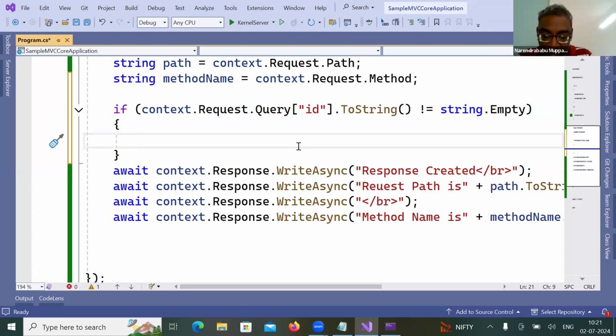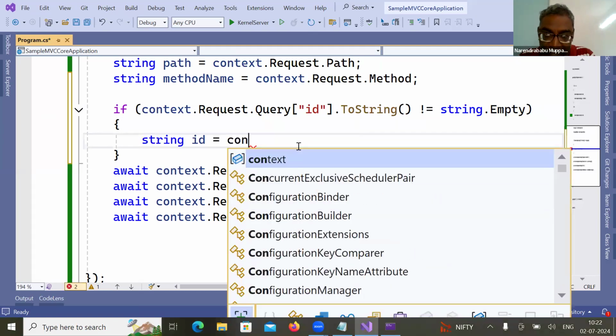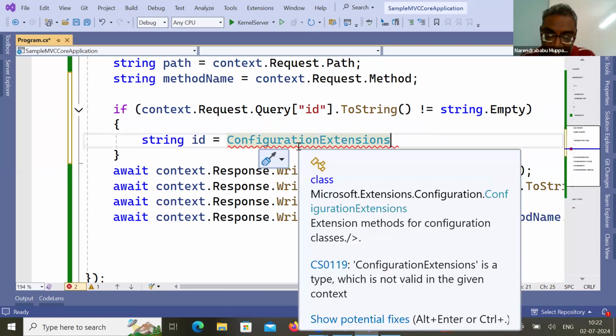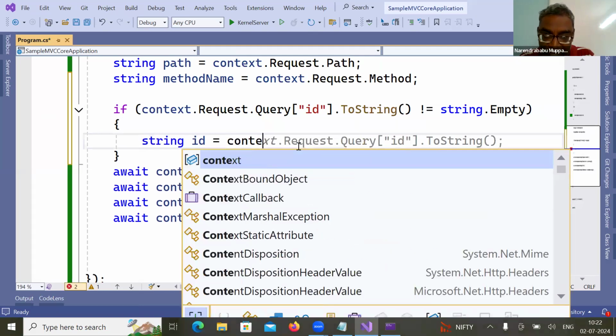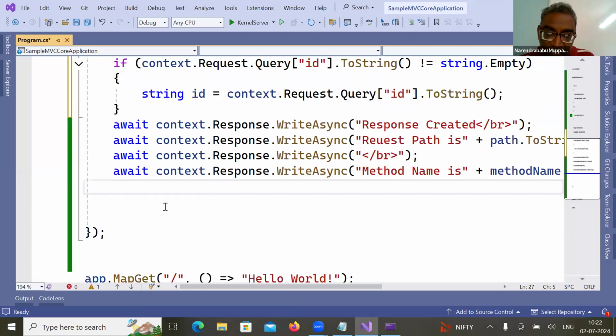If it is not null, I'm using a string ID equal to context dot request dot query. I'm going to get that value. That's it. Did you get my point? And then